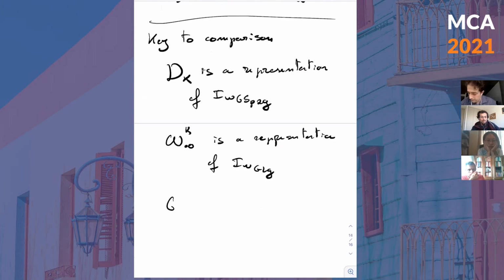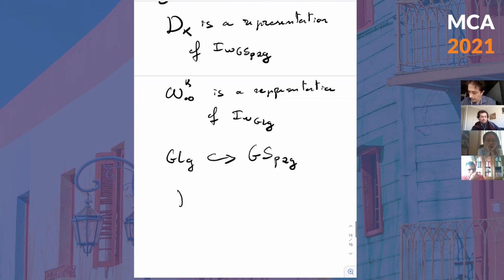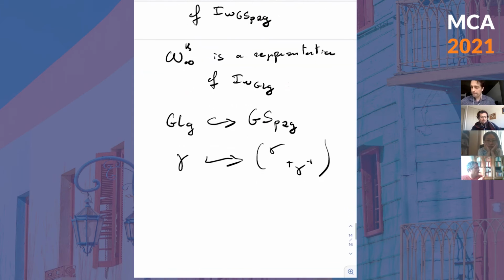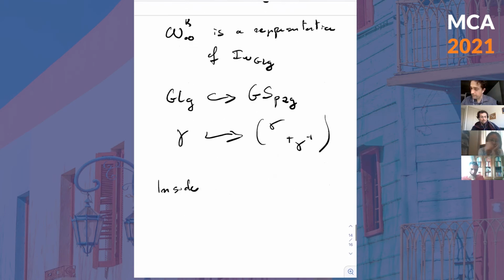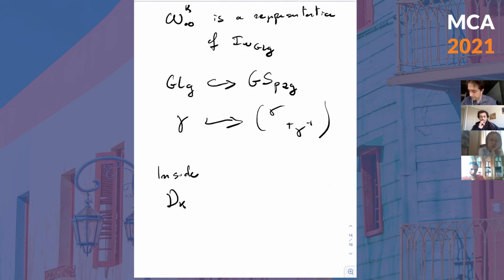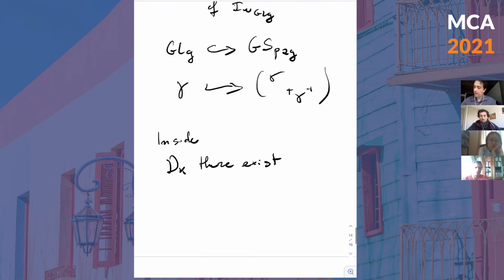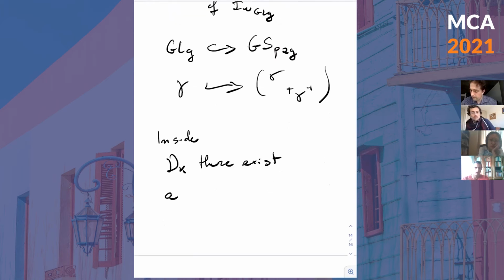And indeed, because you can send GL_g inside GSp_{2g}, I send a matrix gamma to gamma and gamma transpose inverse, which is exactly the t, t minus 1 that I did before, just now we have matrices. So morally, we have inside the kappa, there exists an element